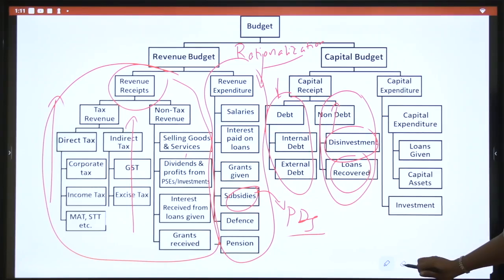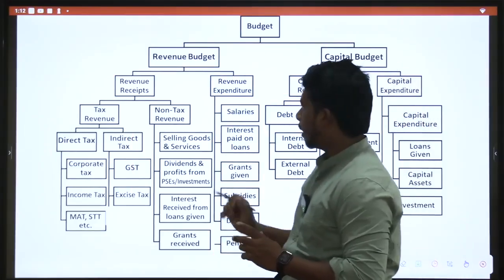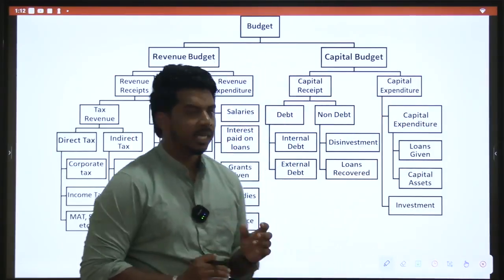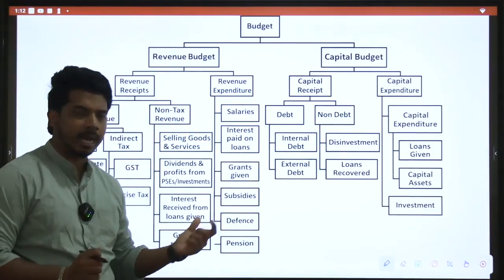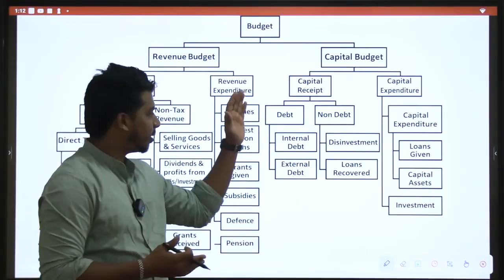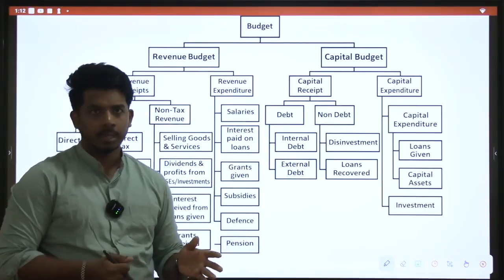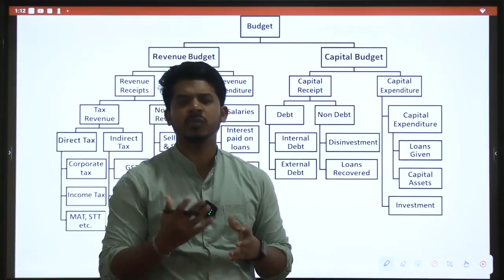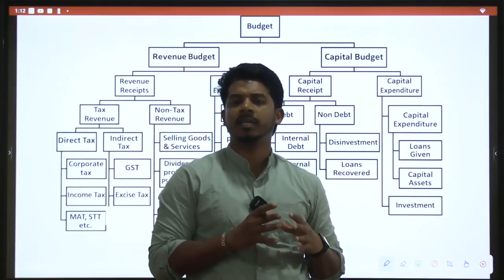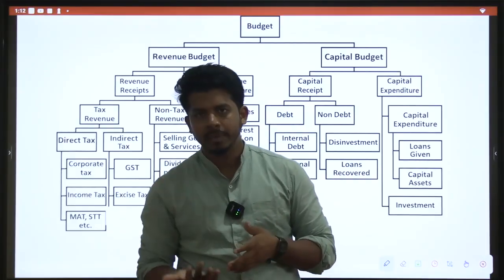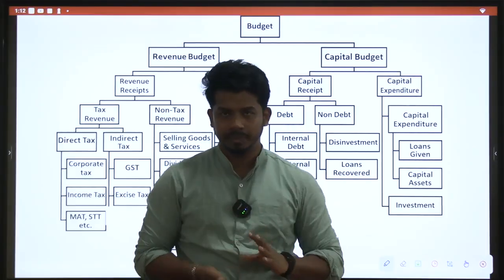Then capital expenditure. This is very important. See, focus on capital expenditure. The difference between revenue expenditure and capital expenditure is that if I spend on revenue expenditure, I am not getting anything back. It is the end of the cycle. But capital expenditure is not like that. Take the example of a solar park. If today I have constructed a solar park, tomorrow it gives me power, many people will buy power, so every year it goes on like that.